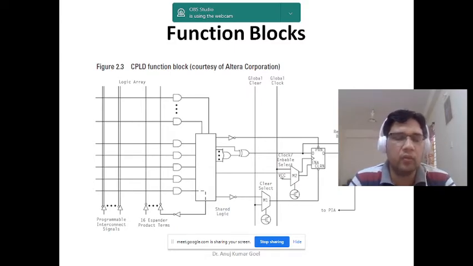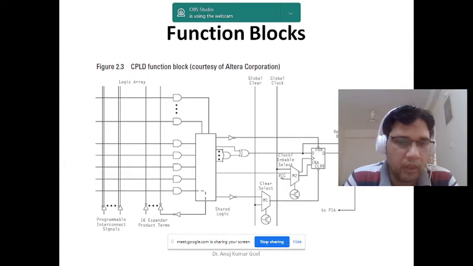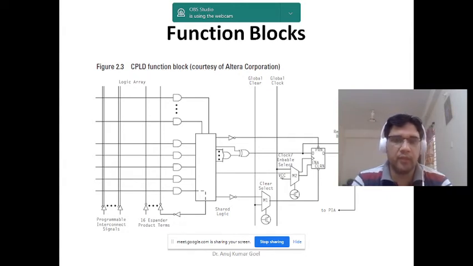Then you have to make the connections here based on your combination. Either you are using 2 input AND gates or 3 input AND gates, depending on your logic. You have to use the different types of AND gates that are used to implement your function. So in the starting, inputs are connected to the AND gates because first we have the AND plane, and on the input side we also have the inverters to get the inverted signals.